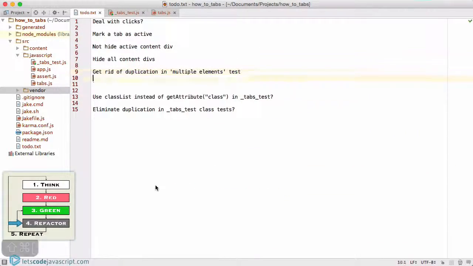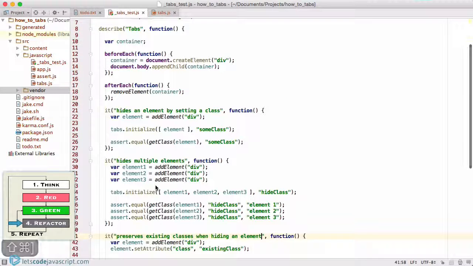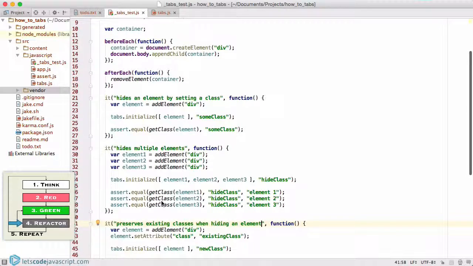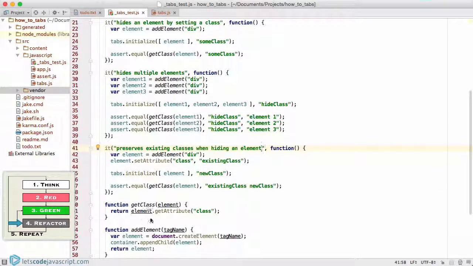So let's go ahead and look back here. I don't think I want to use class list instead of get attribute class. I like what we've got there. And I don't think we actually have that much duplication. What I am going to do, and we already have a get class function, so that's good, I think what I'll do is just rename this to get classes. And I could manually go through and type get classes on each one of these,